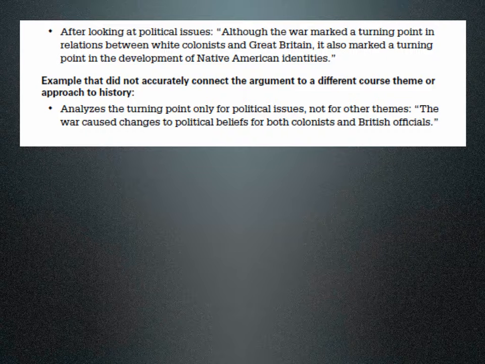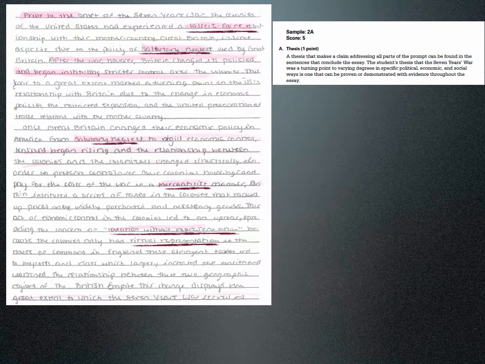Okay, so we're going to go forth now and look at an example essay from the 2015 test. This is an actual student essay, and I apologize for the small type, but I'd like for you to be able to see the actual scoring explanation next to the essay. I think it's beneficial. So it says here that the student achieved the thesis point,